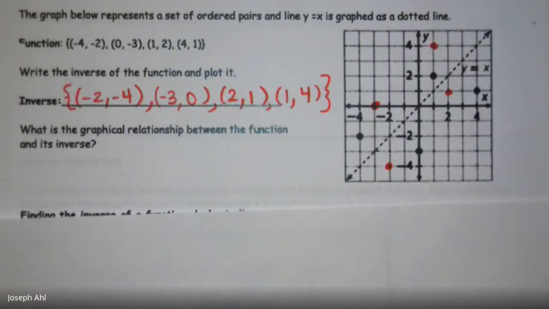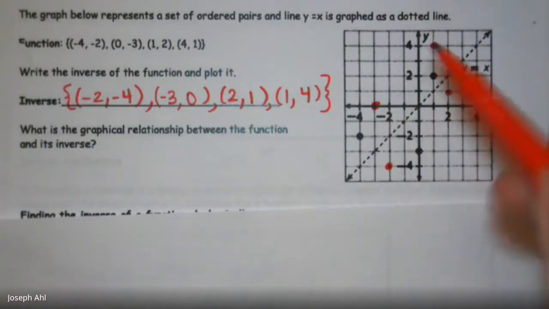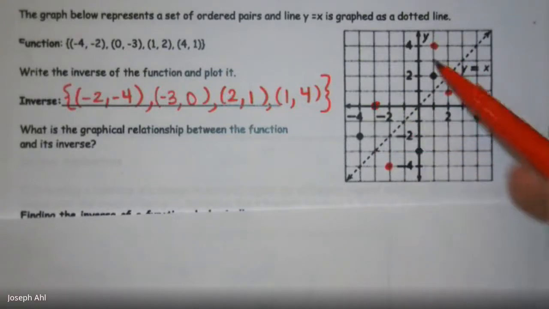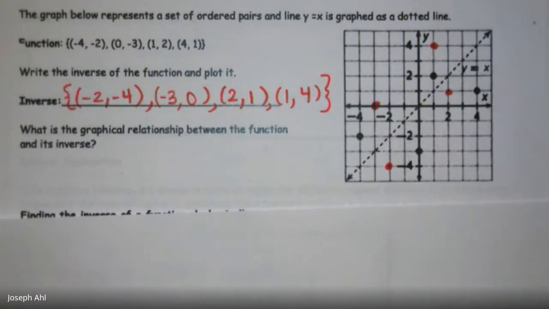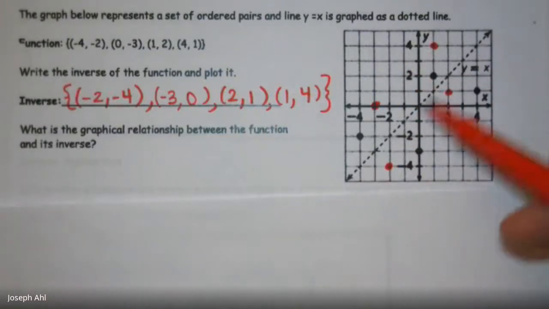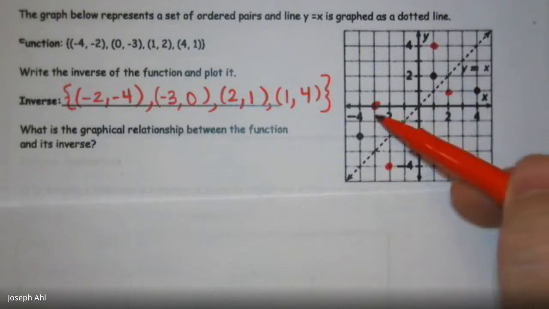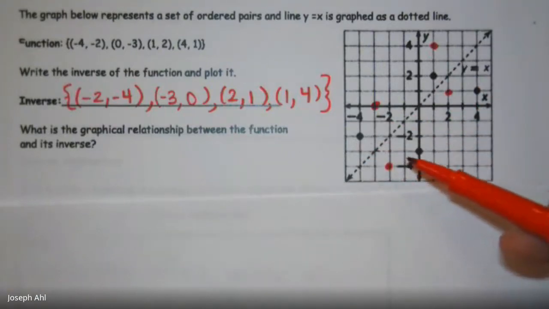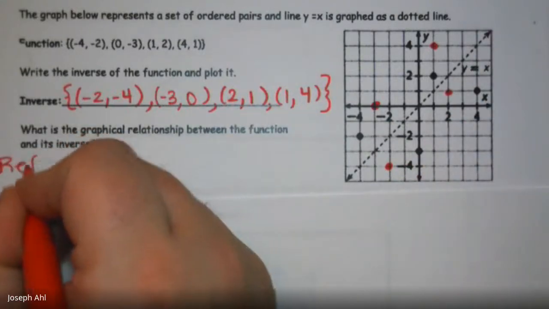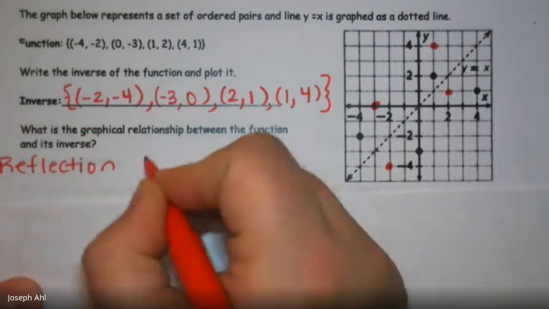So the next question is, well, now that I have the function, the original points that were plotted, and its inverse graphed on the same set of axes, what is the graphical relationship between a function and its inverse? Well, there's sort of a big hint here. I probably could have made this a little bit more exciting, per se, by not including this line, maybe. But since this line is here, I hope that you can see that there's really this nice correspondence over that line y equals x. And in fact, it winds up being a reflection over the line y equals x,